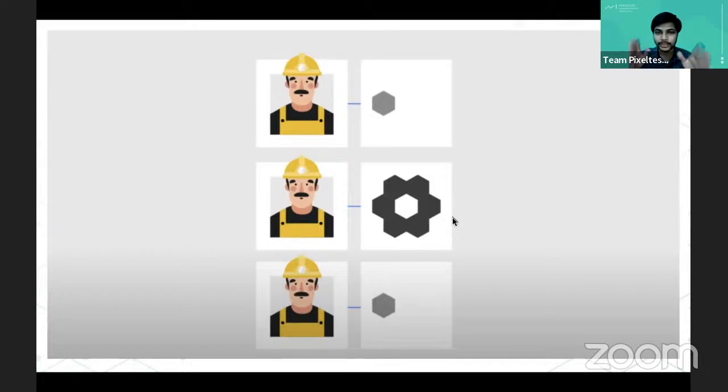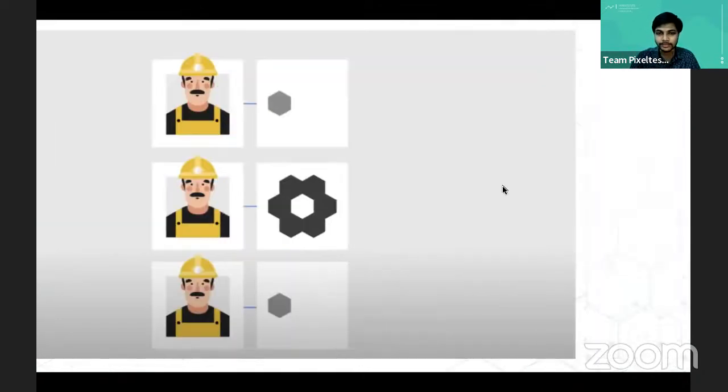So while the creation was happening, it was set in a way that each miner has to spend a minimum of 10 minutes to generate a block. So it will take at least 10 minutes for a person to generate a block, meaning 10 minutes of work has to be done by anyone, right? So that is one thing.